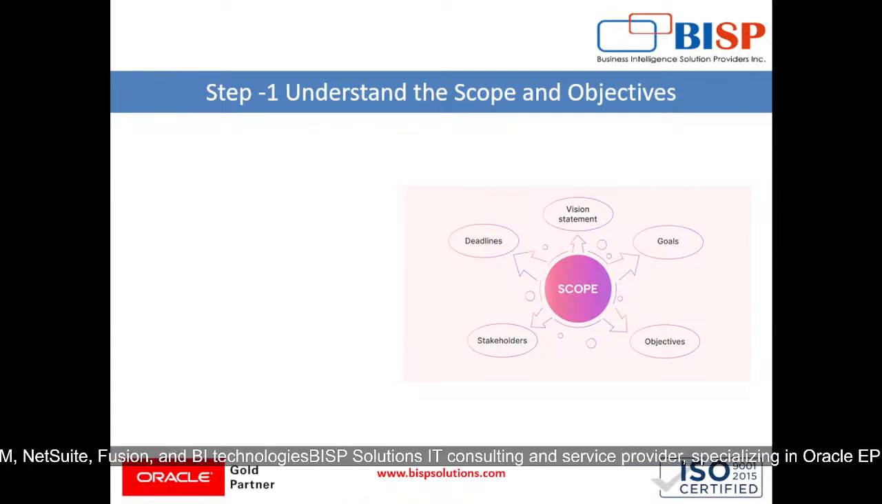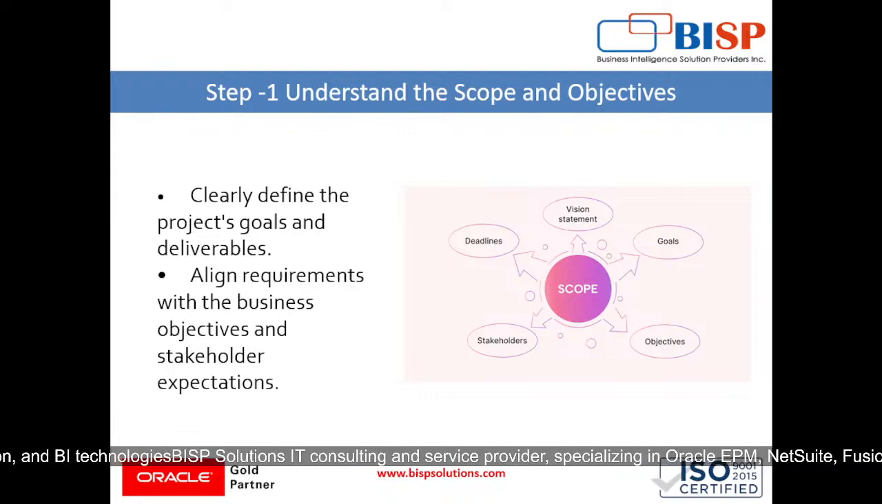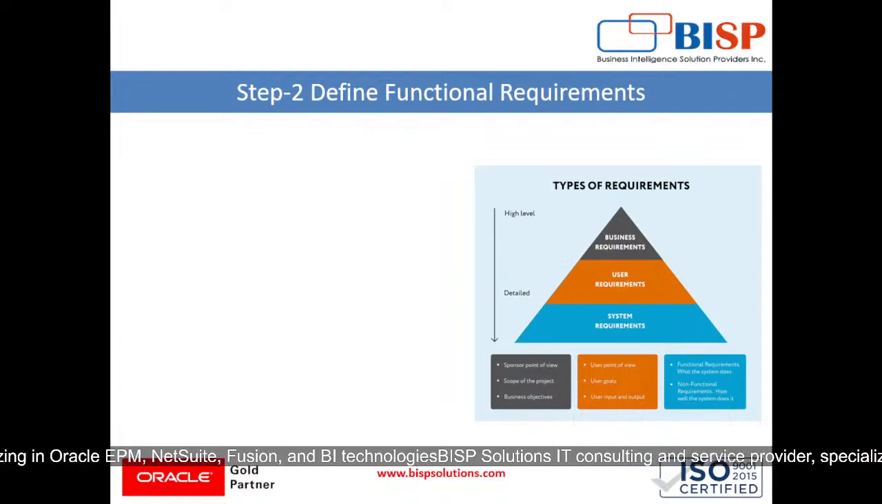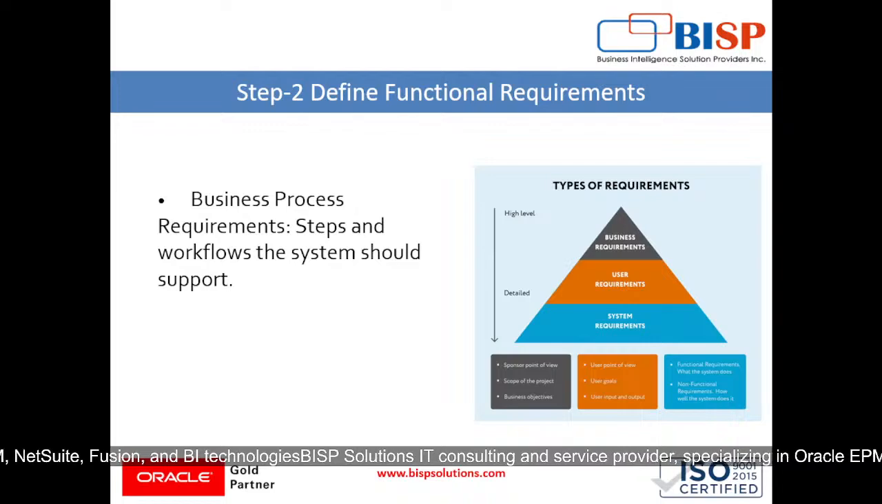The key objectives of business requirement gathering: step 1 is understanding the scope and objectives. It clearly defines the project goals and deliverables, aligning requirements with the business objective and stakeholder expectation. Then step 2 is defining functional requirements, where functional requirements specify what the system should do and include